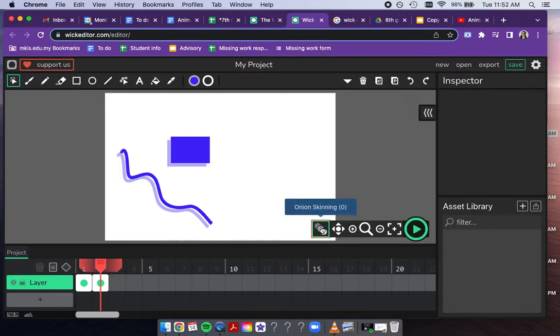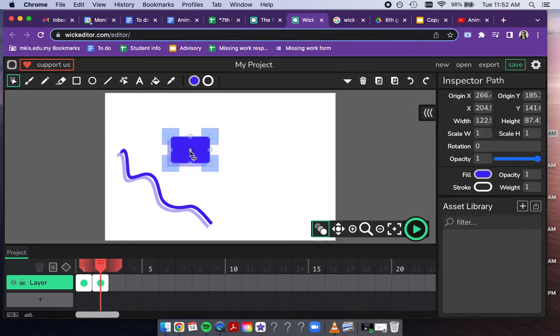The onion skinning tool is really useful. When I turn it on, it creates that light blue shape. And that shape is not actually there though. It's coming from what was created on the previous frame. So that light blue is what was on frame 1. That's really useful. I think we know how to do this, but really easy to do the squish and stretch